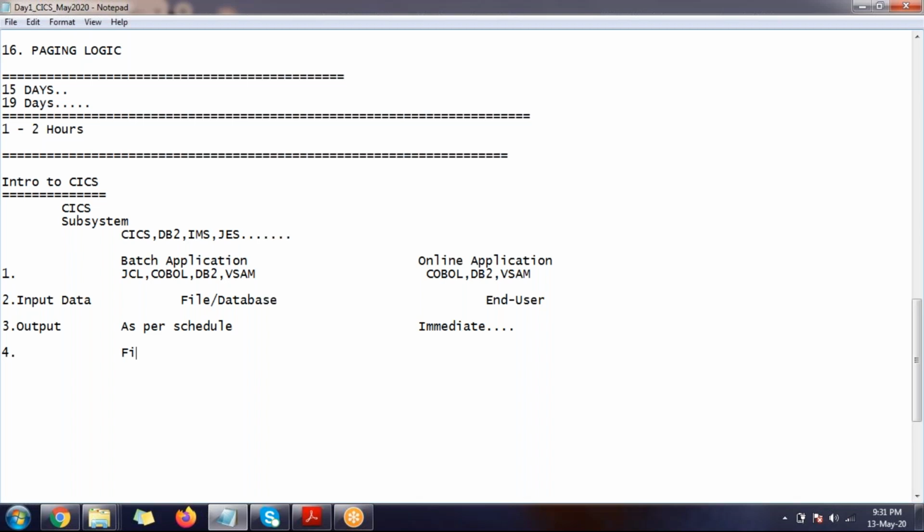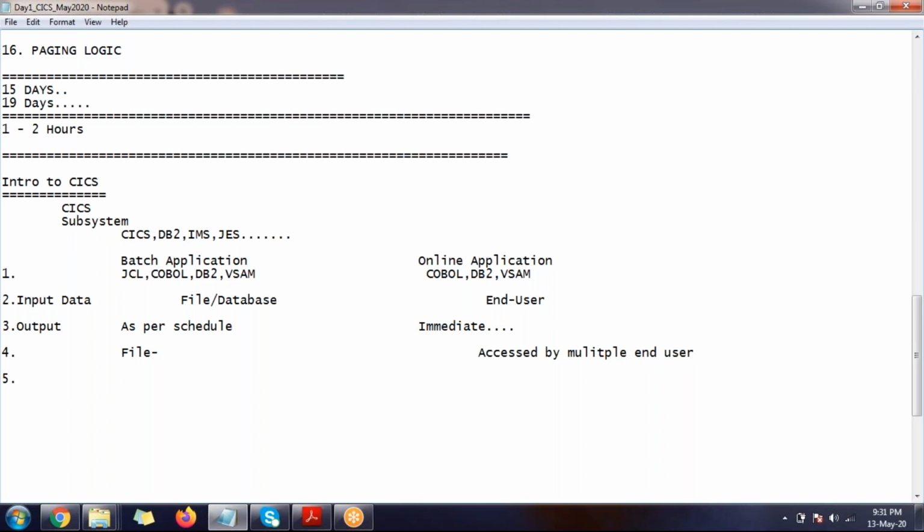See, in a batch application, one file is used by one user, correct? Right, one program, but the same file can be accessed by multiple programs. So as somebody said, users, the same file can be accessed by multiple end users. Multiple users can use it.